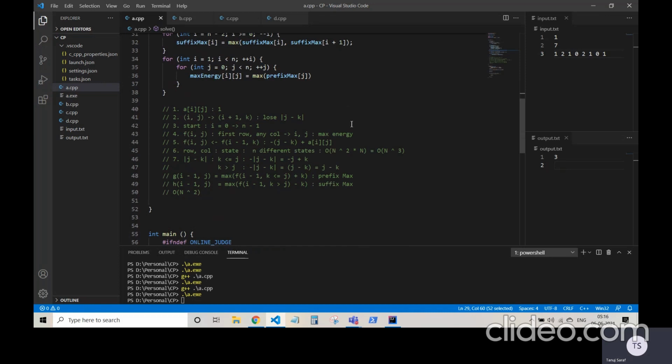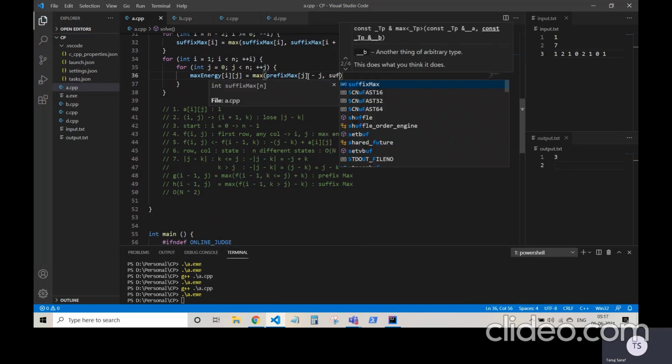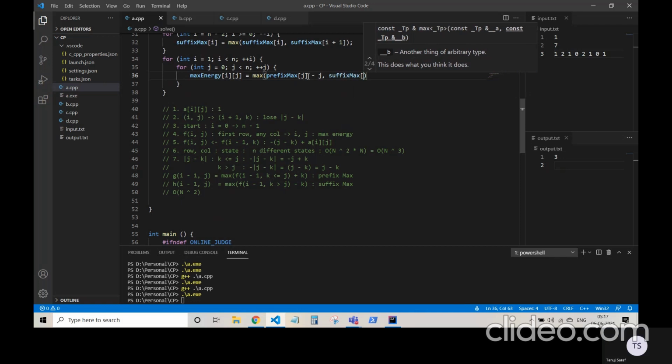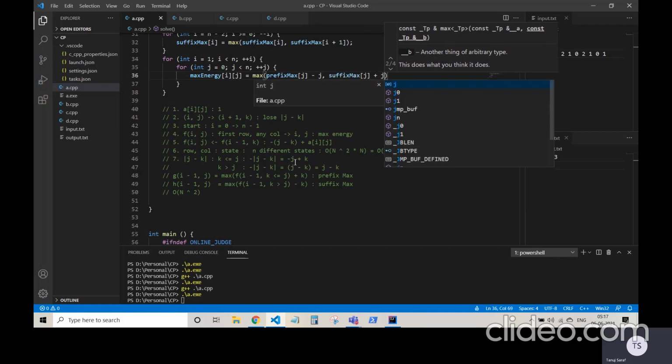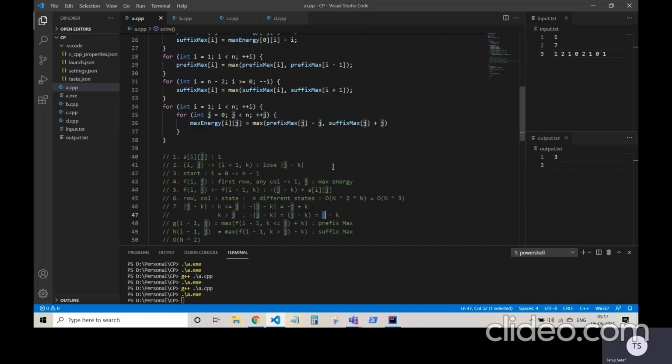Of the first row. So for the jth column, this gives us the value of g of I minus 1 j, which is this plus k. And now we have to account for the loss in energy due to moving to this column j. So we have to give a minus j to it, right? And the next quantity is the suffix max column plus j, the contribution of plus j. And then due to landing on this cell I comma j, we further gain energy equal to the value of this cell.